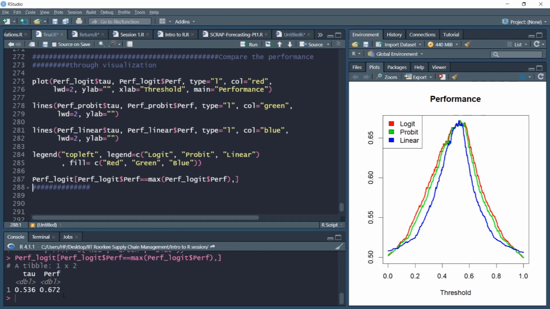So the maximum performance is 0.672 performance object value at a threshold of 0.536. An algorithm trained in this manner would probably be better placed with a threshold level of 0.536, and at that level the performance object will give a value of 0.672.